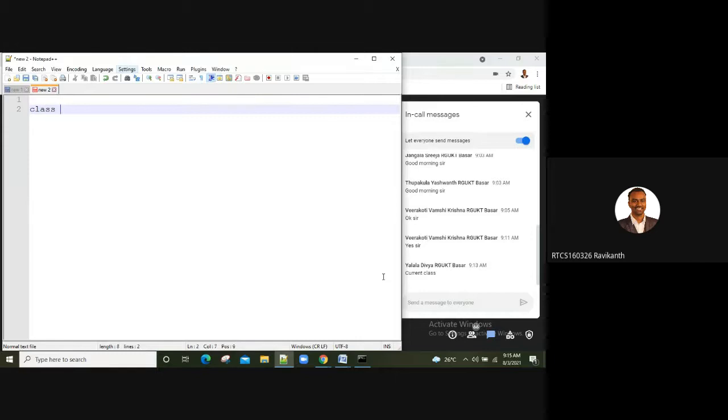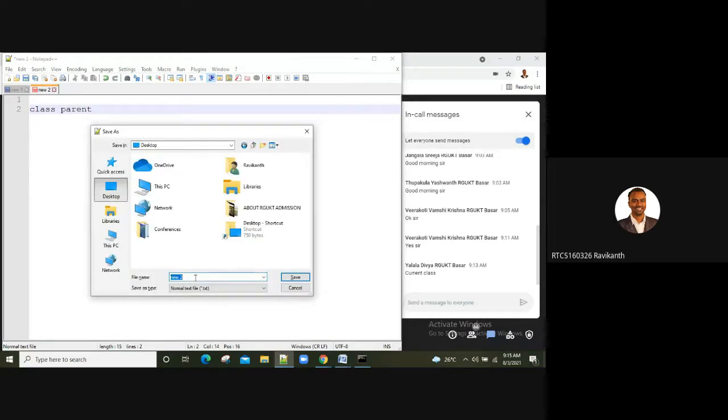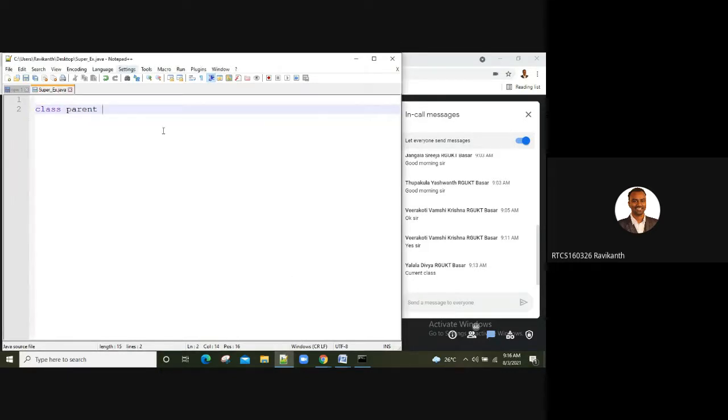If I take class Parent, let me save it as Super_example.java. I've created a parent class.